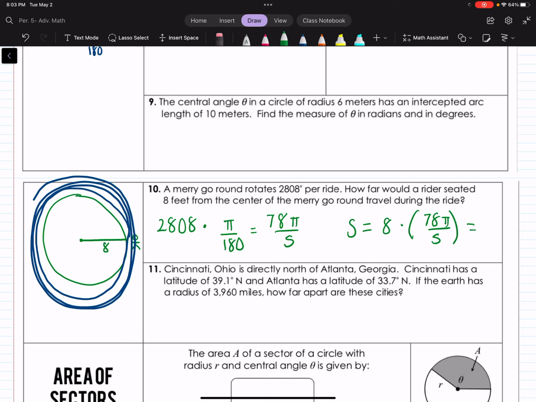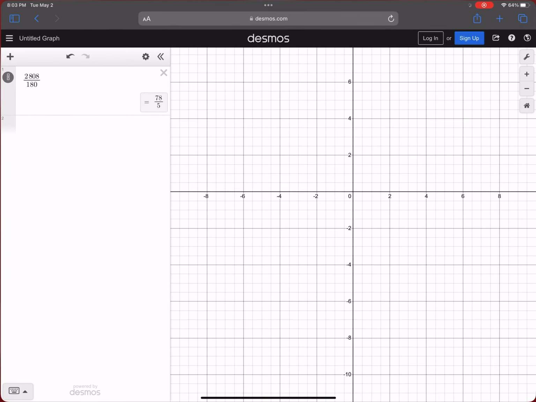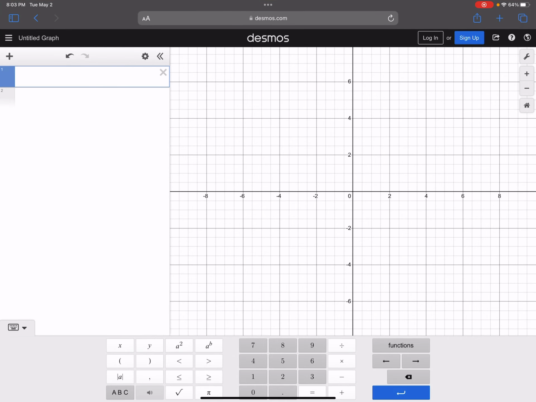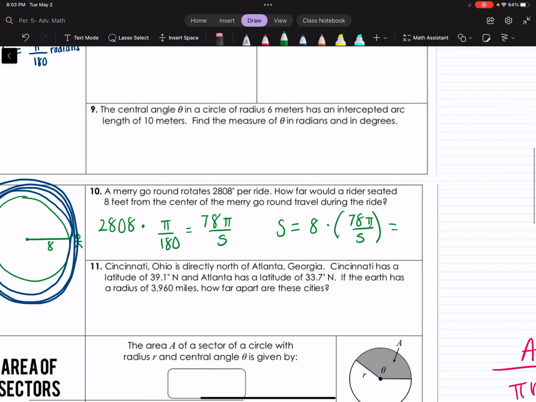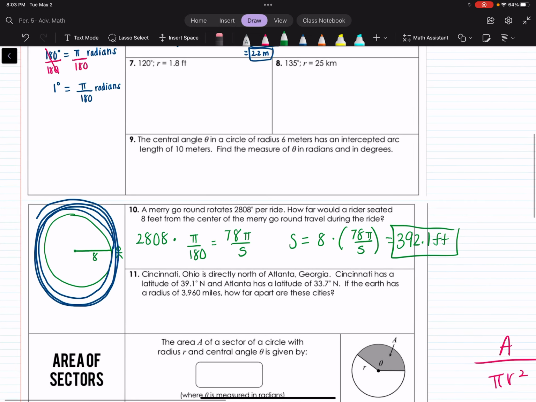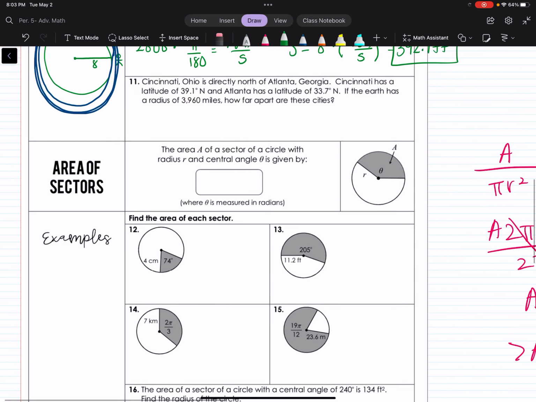And for this one, since it's a real life application, you can honestly just go straight into decimal mode. So you can just put 8 times 78 pi over 5. And that gives you approximately 392.1 feet. Okay, and that is the distance that the rider will travel. All right, so that's arc length. Let's go on to